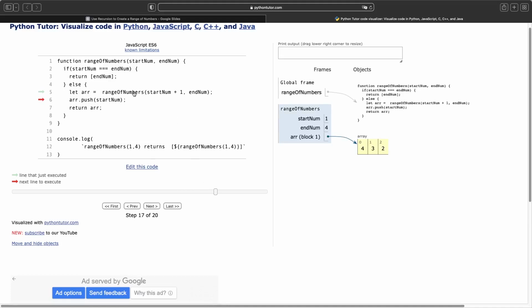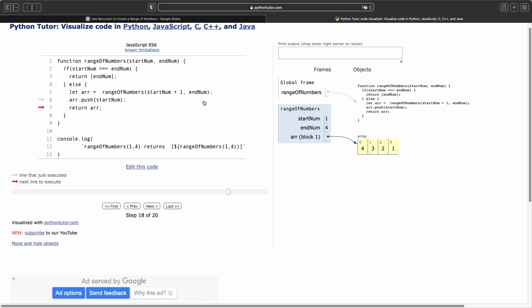We can see that the variable r is an array with 3 elements, the number 4, the number 3, the number 2. We put startNum into the variable r.